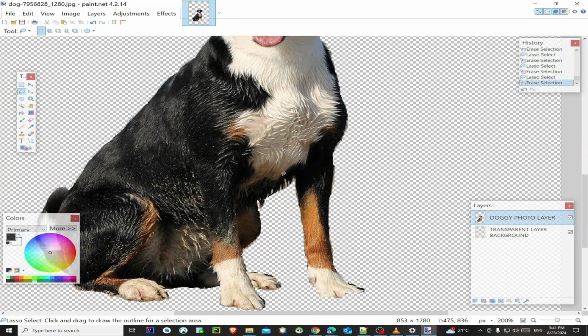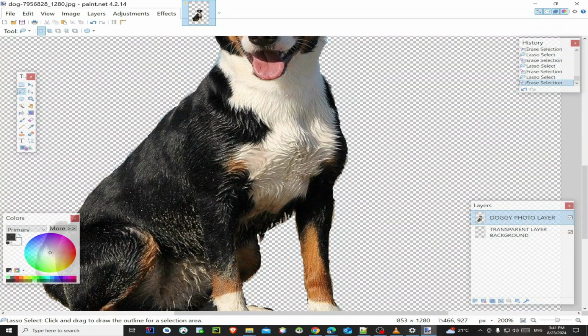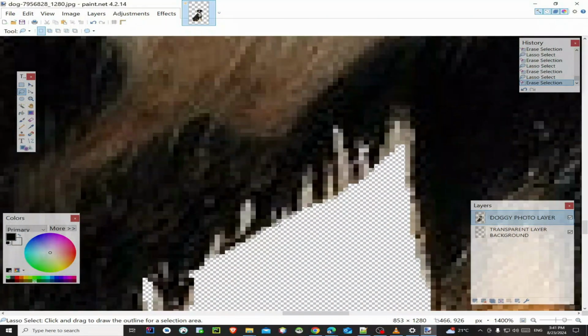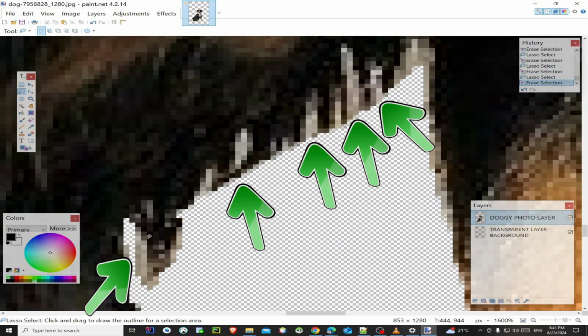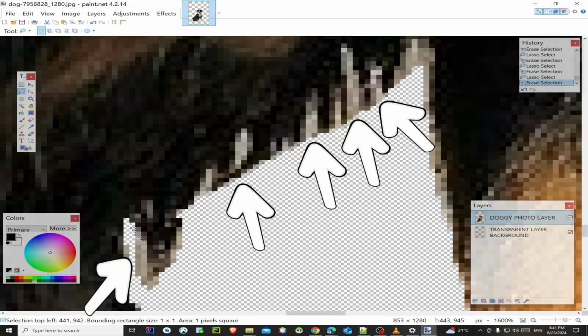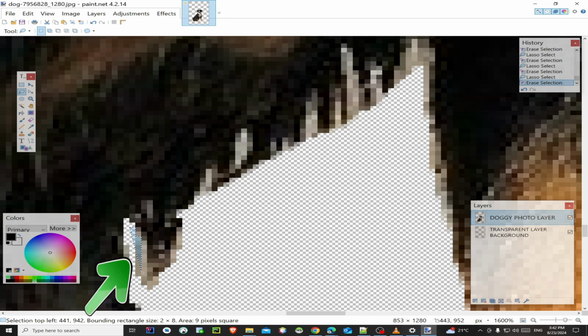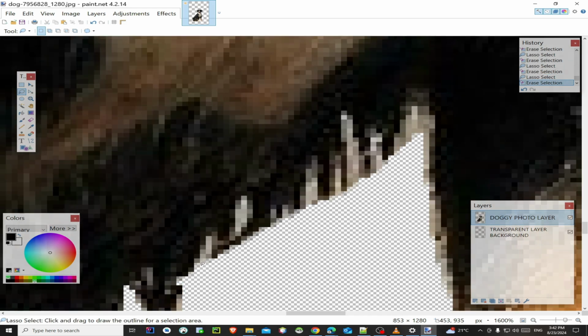background area. Now for small bits like this one, you can zoom your image, then run the lasso tool on it. For example, now just to remove this bit here, do this, then I hit delete. The bit is gone. Now for here, let's do that. Click delete. For this, run the lasso tool, click delete.